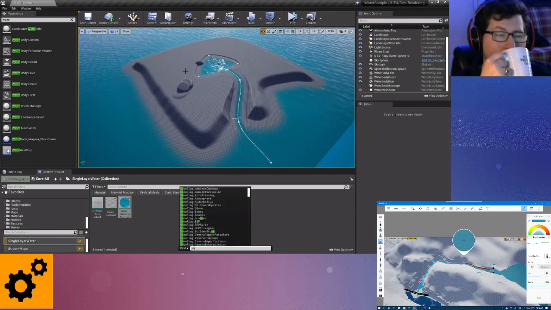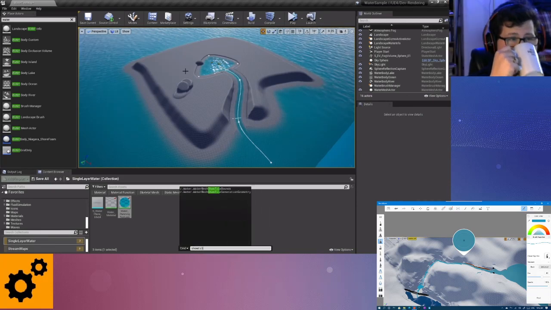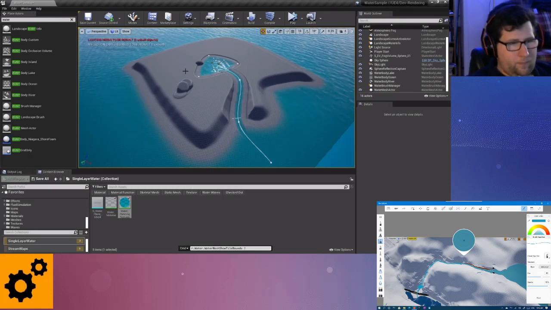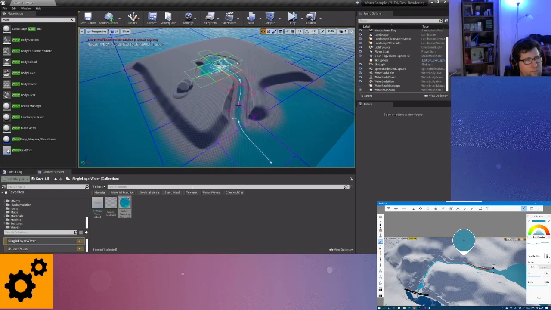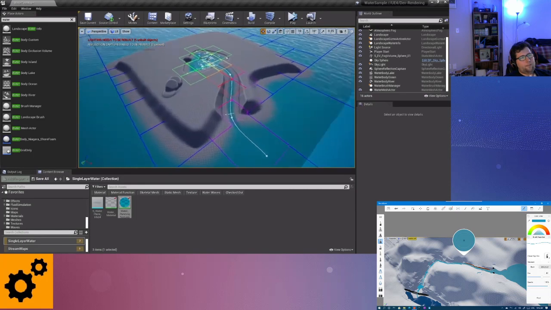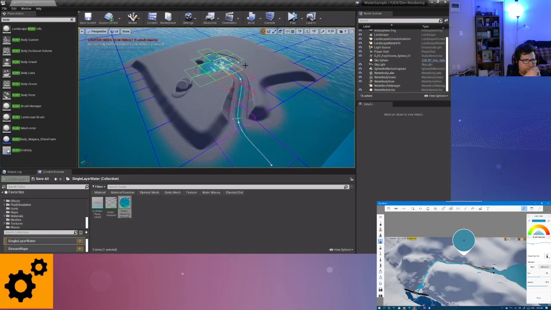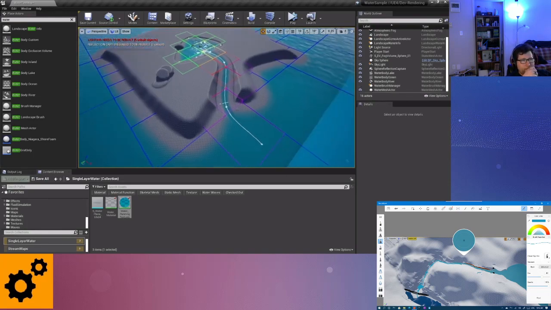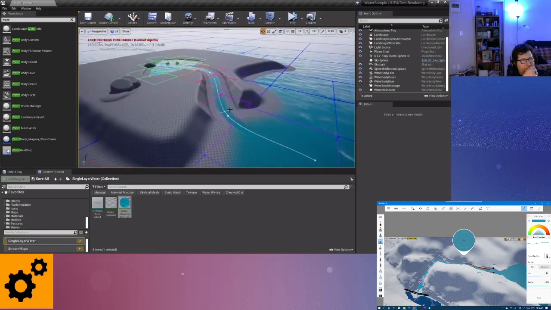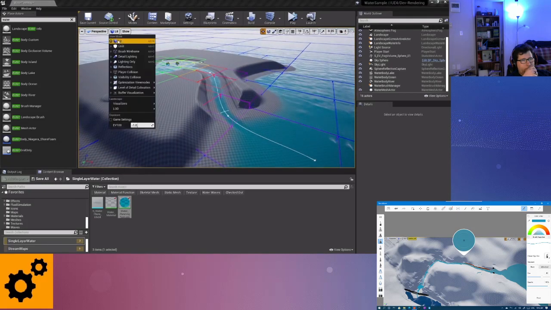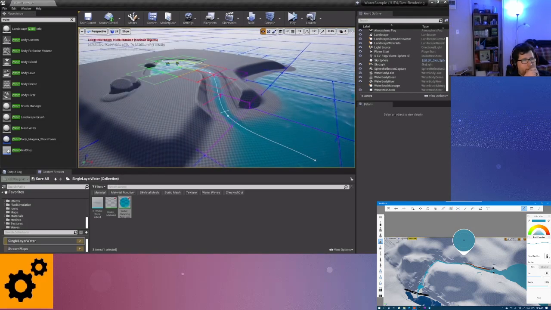Looking for the... there we go. Water mesh show tile bounds 1. That will show you how this water mesh actually gets broken up behind the scenes. So blue is ocean tiles, red is river, green is lake, and then yellow and purple are the transitions. And that's important when we start to talk about things like shader complexity,